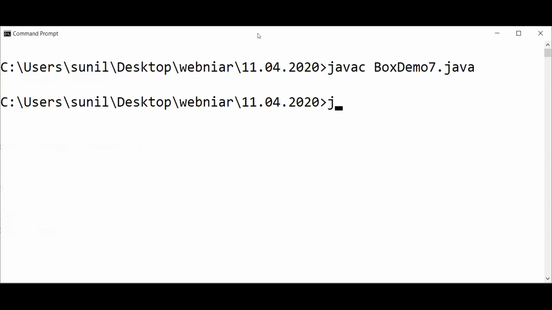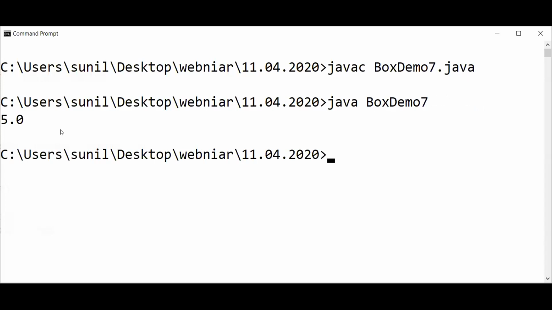It is compiled. Now I am running. Okay, 5 is printed. Actually, I am printing only the width, so that is why it happens like this.